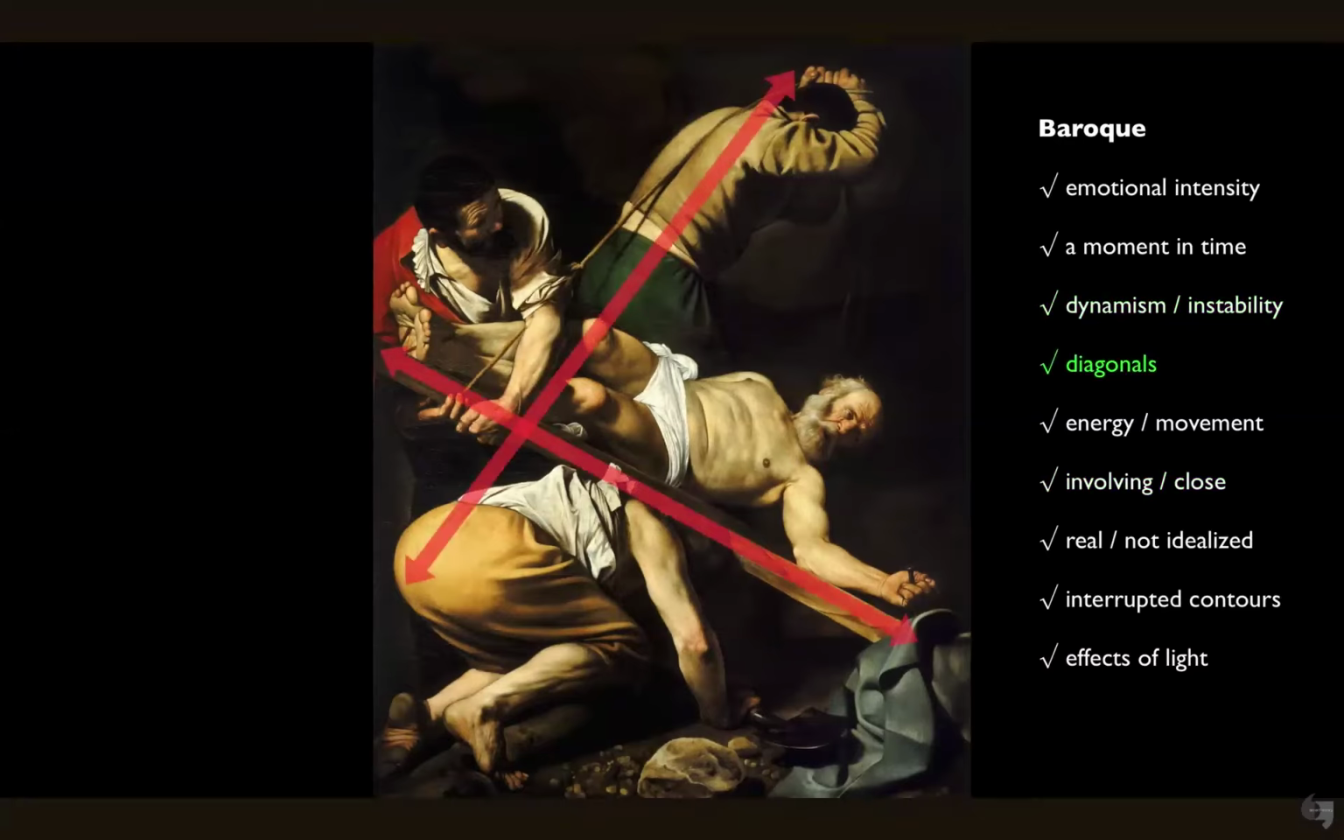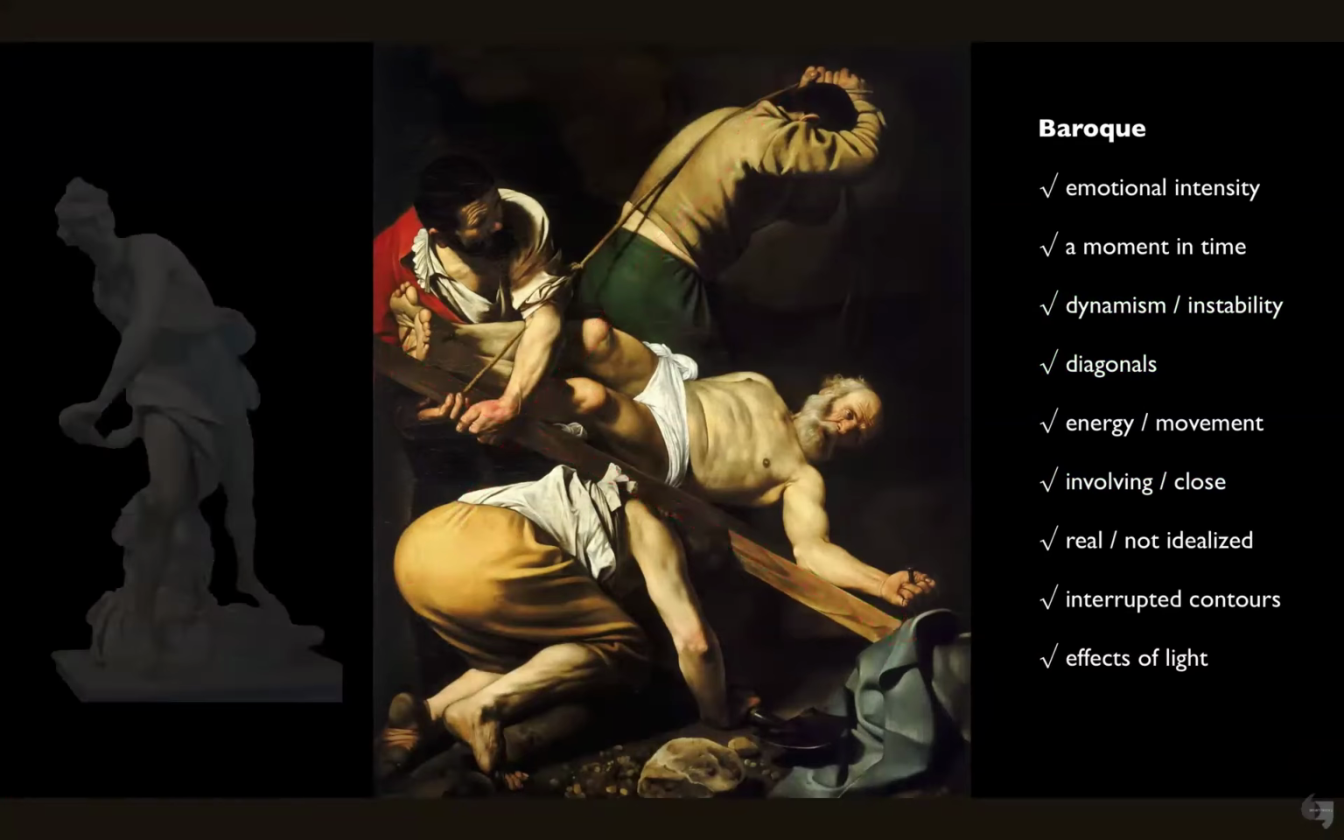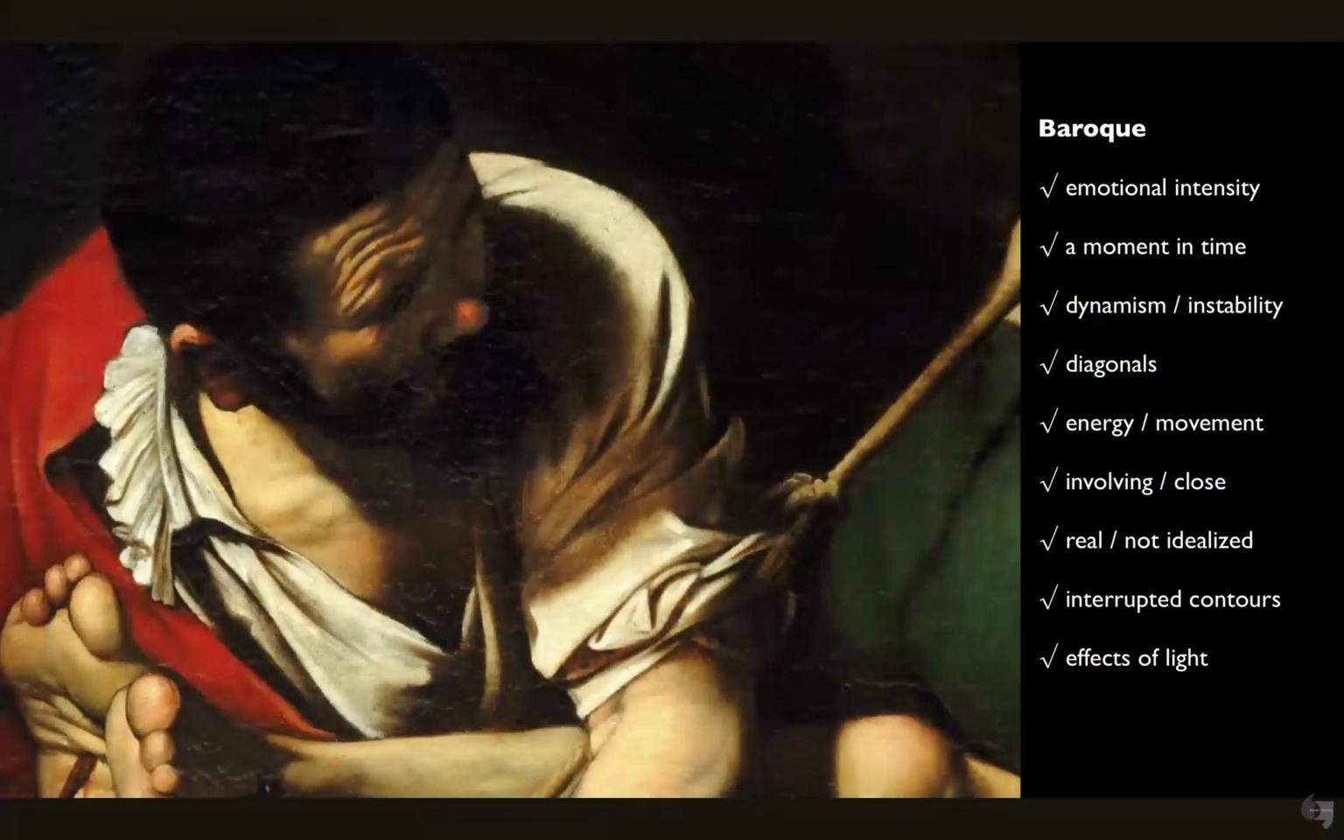And here we have the diagonal of the cross, but also another diagonal formed by the back of the figure who's helping to raise the cross and the figure underneath who's raising it with his back. And so we have crisscrossing diagonals, which is also a very common feature of Baroque art. It's interesting to compare this to the Bernini sculpture because Bernini was working in the round. Here, the artist is creating an illusion of form, of mass, and one of the ways he's able to do that is to create these sharp contrasts between light and shadow, which, just like the Bernini sculpture, is creating a sense of vividness and